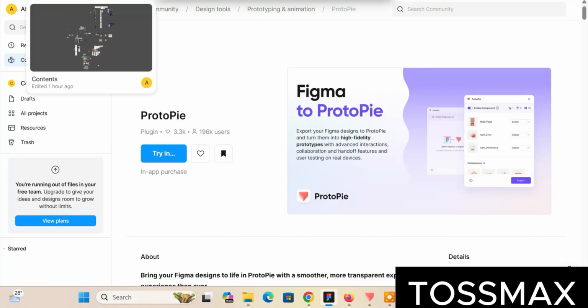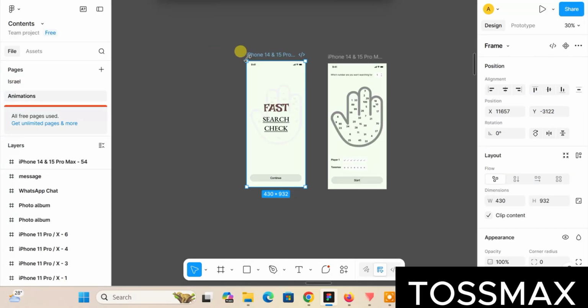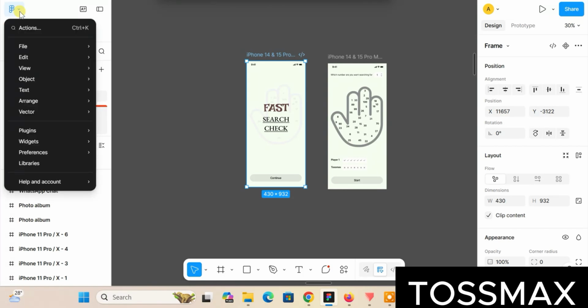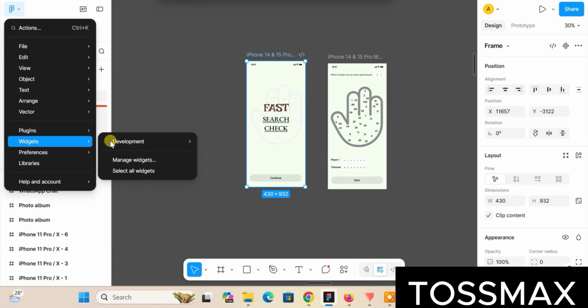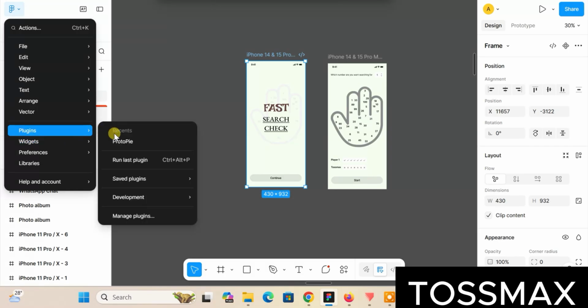I'll go back to my content. To import this particular design into Protopie, it has to be selected. So I've selected the design here. I'll go back to my Figma file and click on plugins. Because I've used this Protopie plugin recently, you can see it under recent. I'll click on it